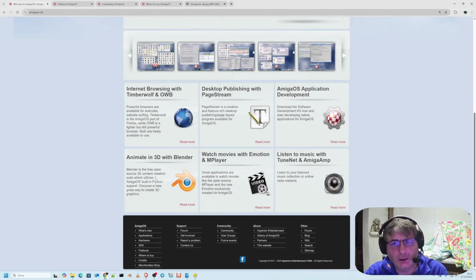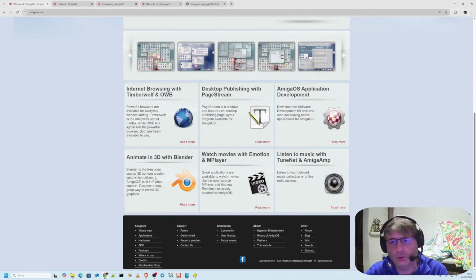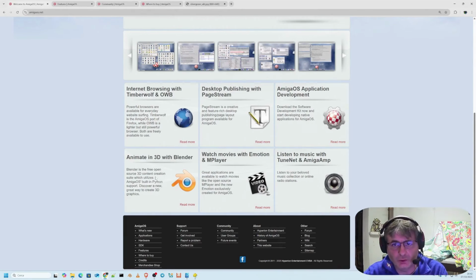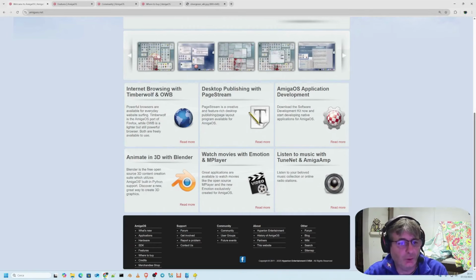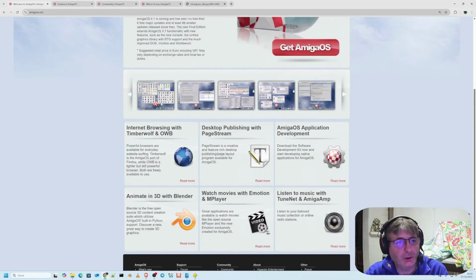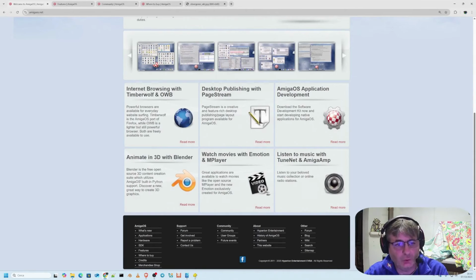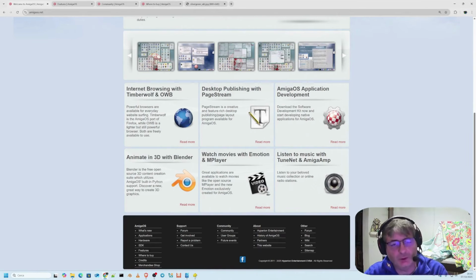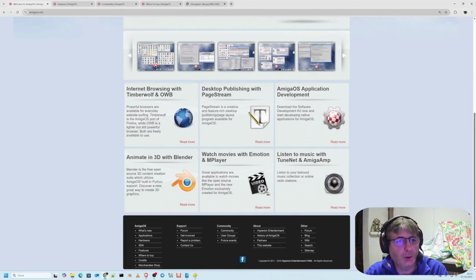Amiga OS Net, I'll add this as well, was created as the official site to provide information, news, changelogs, and downloads specifically related to this operating system. The site is still online, but updates are more than rare. By the way, I should mention the use of 3D animation tools like Blender, really the top software for 3D modeling, and the main uses are internet browsing and of course PageStream, which is paid.